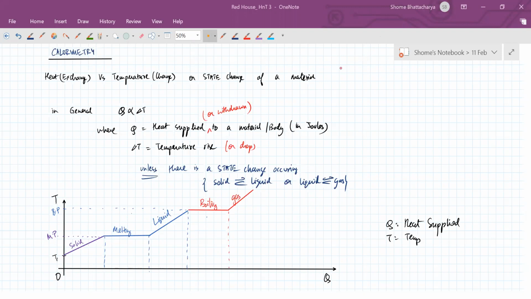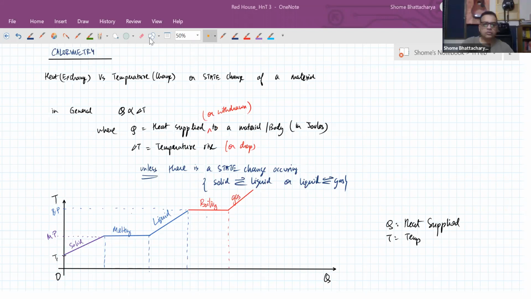So Somarup, the idea is that this graph is a two-way graph. You can go in the direction in which temperature is increasing with Q being positive, heat being supplied, or you can withdraw heat, and the temperature will drop. But the relationship between temperature and Q will follow the same graph, whichever direction you're going. Whether you're going in the direction of temperature rise with heat supplied or in the direction of temperature dropping with heat withdrawn, it's just the nature of materials that they'll behave in the same way.